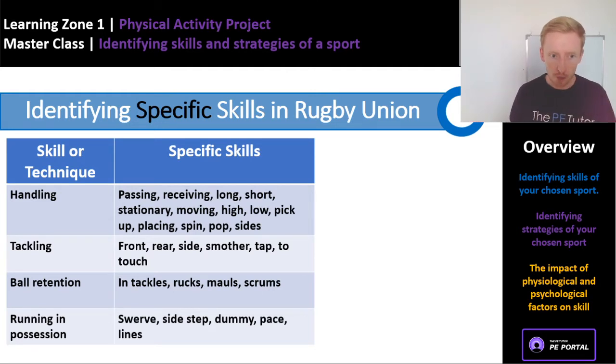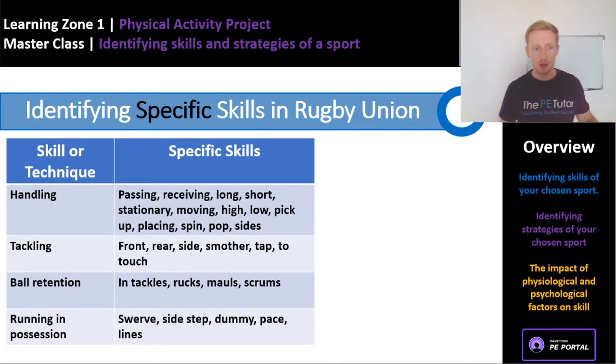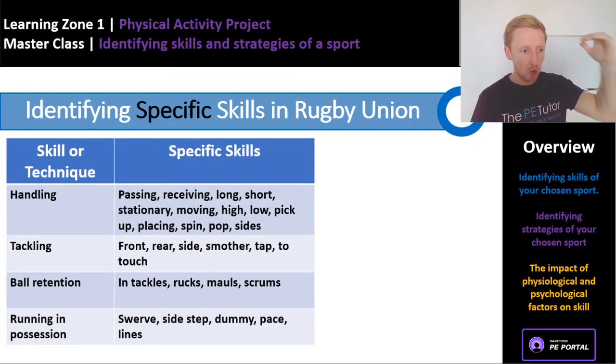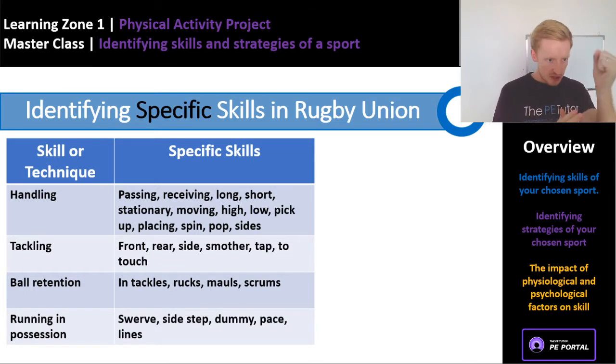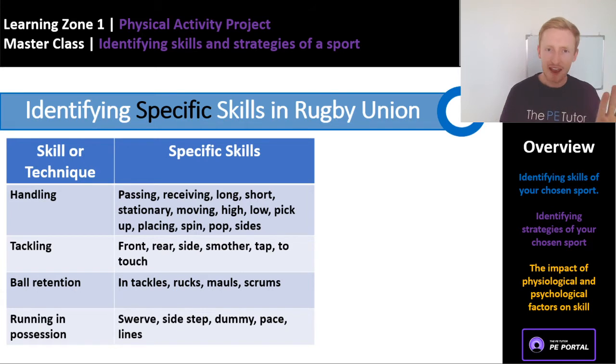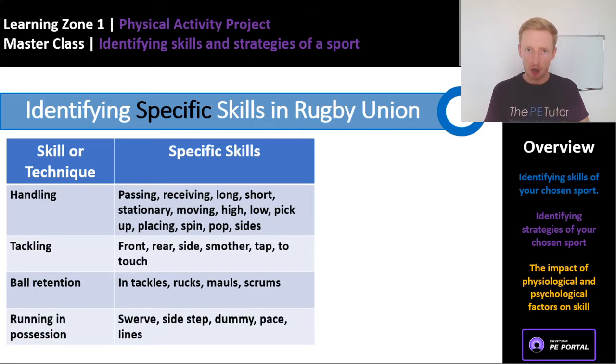It could be a long pass, short pass, when you're at the back of a ruck, a stationary pass, a scrum half. Or are you going to be moving? Are you moving slowly into a tackle? Are you moving during a tackle? Are you offloading? All of these different specific skills all fall under the category of handling. Now, if I'd stopped at just these 4 here and based my analysis and goal setting on those 4 alone, I wouldn't get anywhere near the same detail as I would have done here using my specific skill list as well. So your job, and I'm going to tell you about the activity in a second,